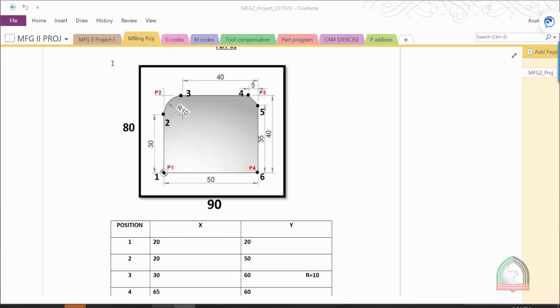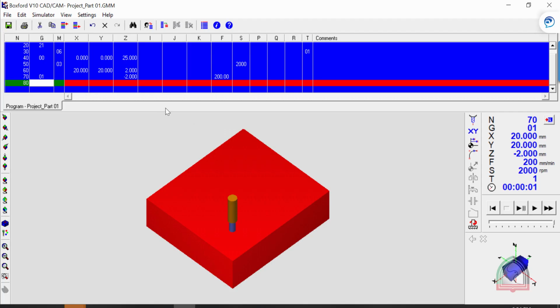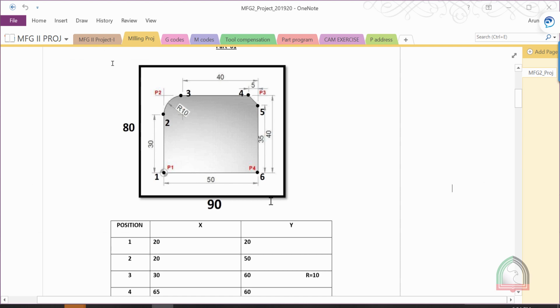Now we can proceed with the different positions. 1 to 2, it is 20, 50. No need to give the X again because it's already 20. The system will always take the previous position. Change is happening only for Y. So it will go there. Then 2 to 3, you can see that there is a circular interpolation. From here, it is in clockwise direction.